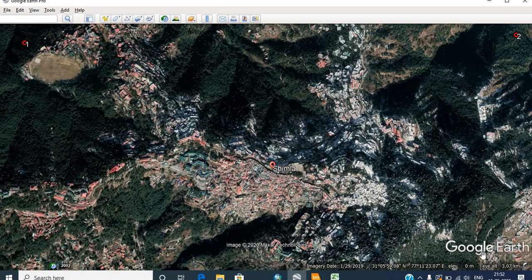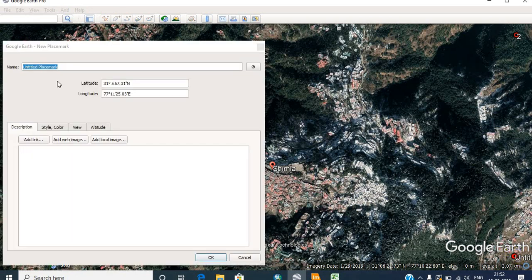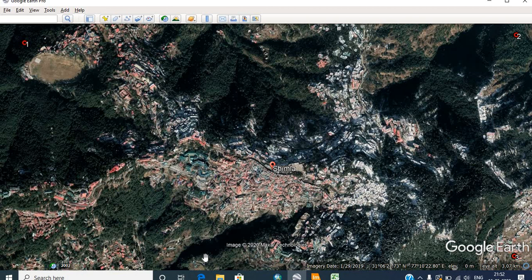Likewise, we have to add the third point and the fourth point on all corners. This would be the third point, and click OK.